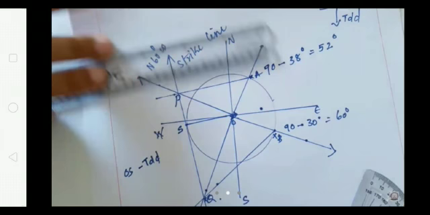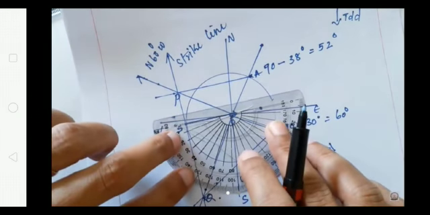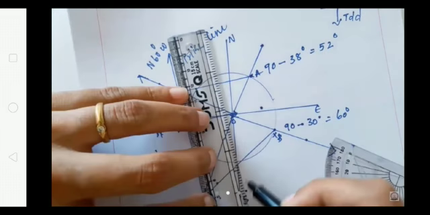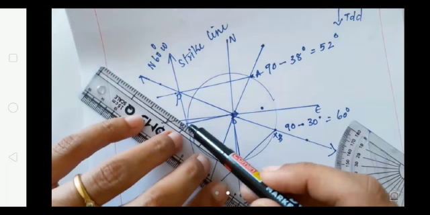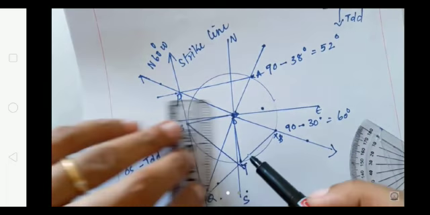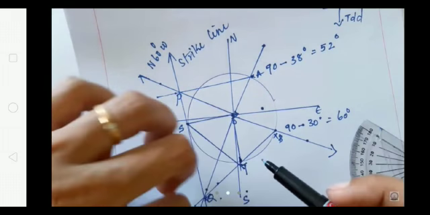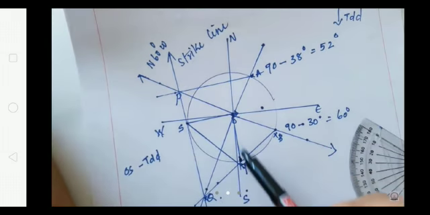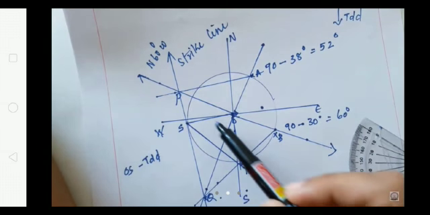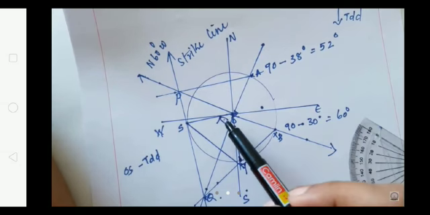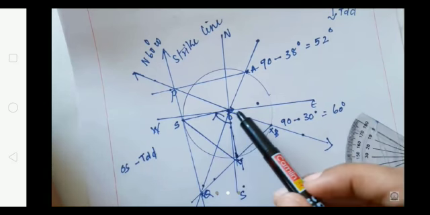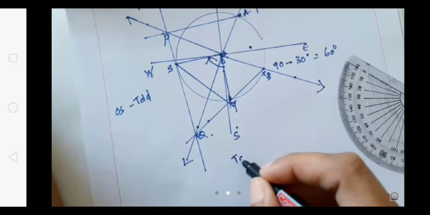True dip direction. Then to the direction line again you have to draw one perpendicular from O. Here it has been named as T. Then join those two. Then you measure the angle. This angle is the true dip direction. The angle which is marked is the true dip direction line.